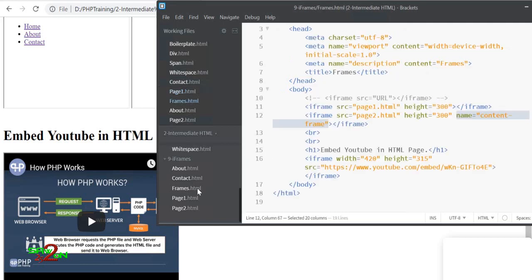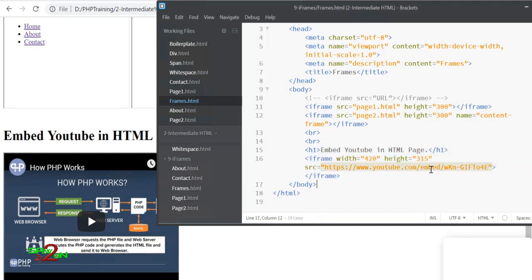Okay, so an iframe is very simple to understand, like an image, or like embedding some resource onto the page. I highly recommend you try this example of embedding a YouTube video onto your page, because this will be the most common scenario where you want to embed something onto your web page. So you at least know, if you have a YouTube video, how do you embed that onto an HTML page.